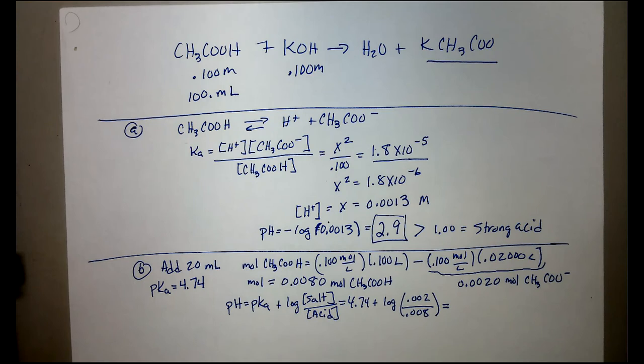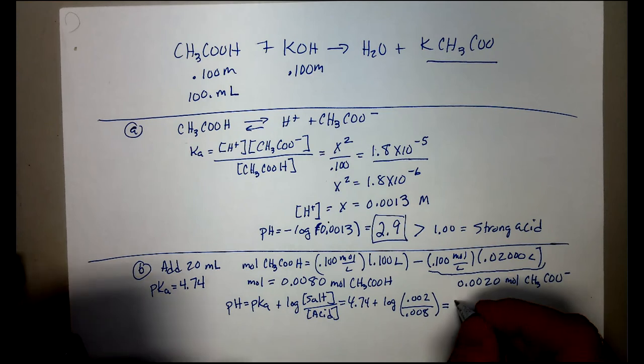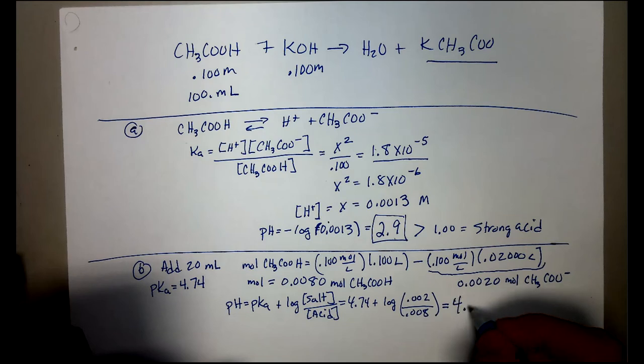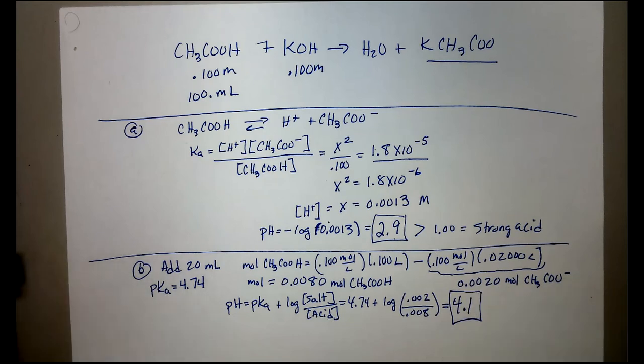And so our pH at this point, keeping our sig figs consistent with that, we'll call it 4.1. Now, that point's a buffer. Now, if we consider the last point,